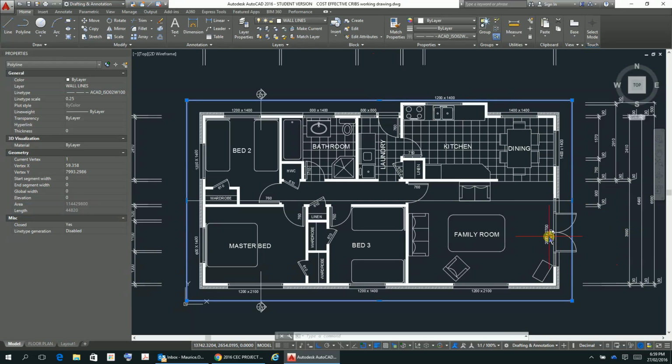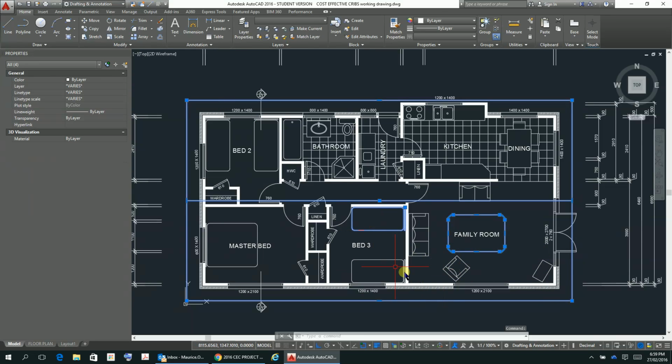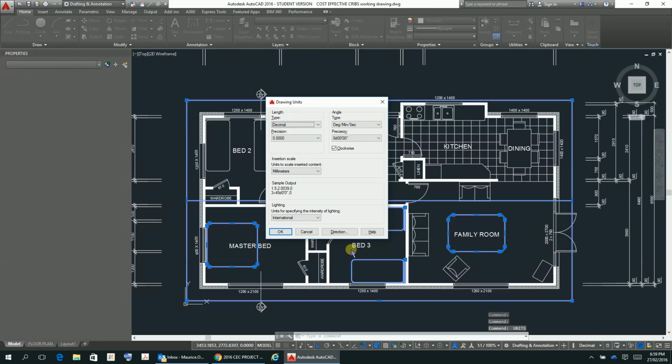And increasingly, if we select another thing like that, that's selecting that, and it's adding it to the selection set. Now what's determining that is this little toggle up here called the pick add, and what that's doing is allowing additional things to be selected. So I'm just going through and just selecting things. So if I just end the selection